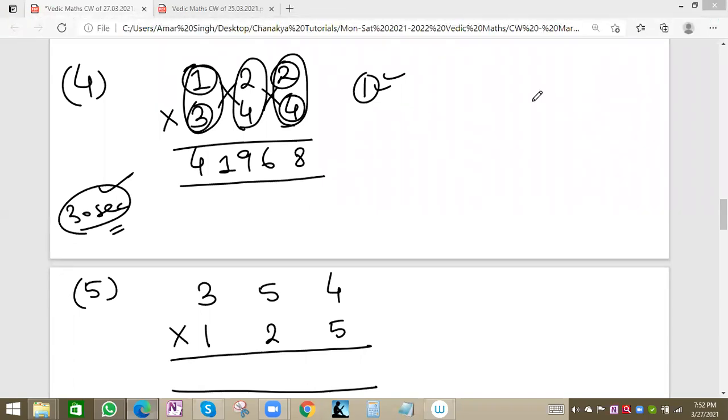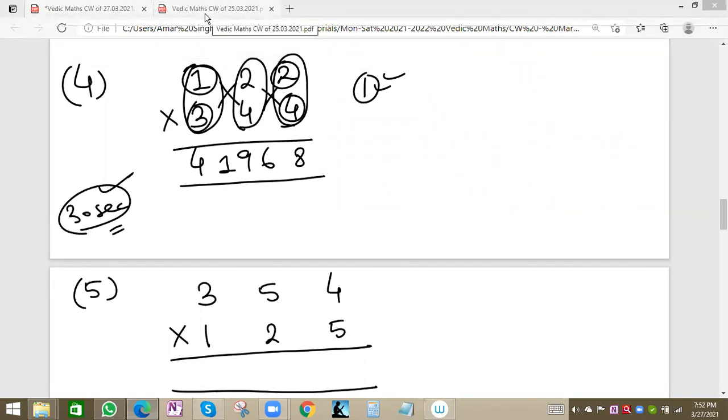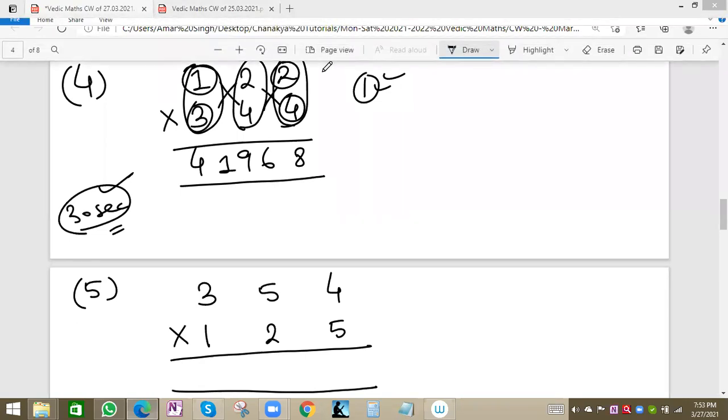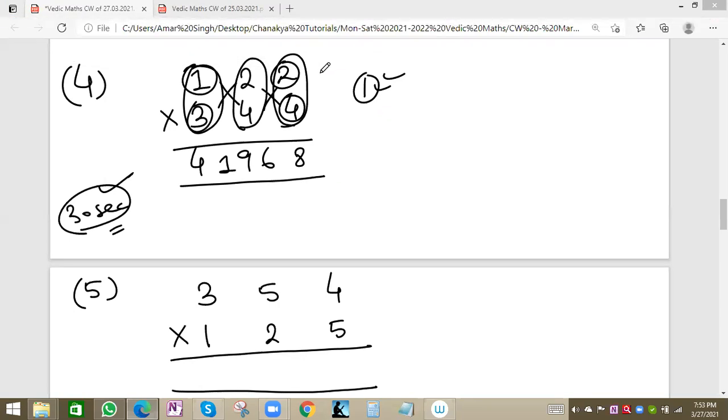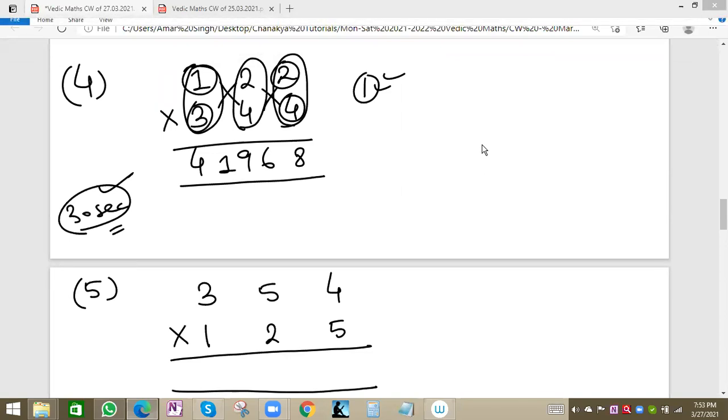Sir, why is it not clear actually? See, will you share this PDF? Definitely in Google Classroom, for every class now, I'm uploading class by class. Here in our WhatsApp group now, I've shared the link also. This PDF will also get uploaded. So the same question you can try as homework. Otherwise, you can change the values yourself. You can change the values and try to solve by this trick and verify the answer with the calculator. You can take questions randomly yourself also.